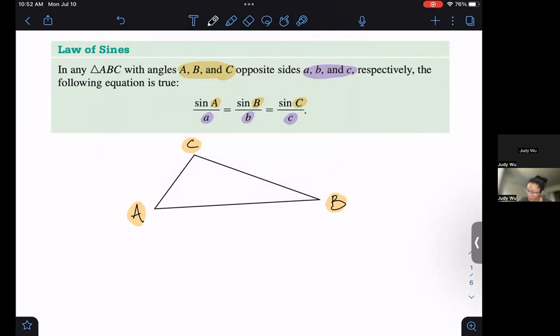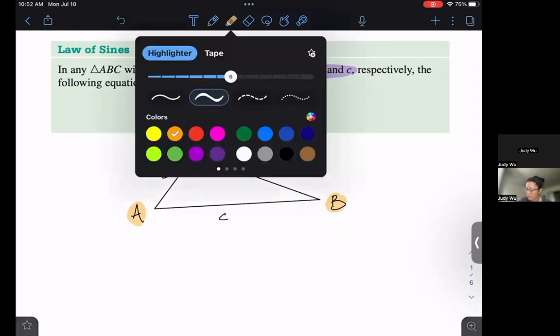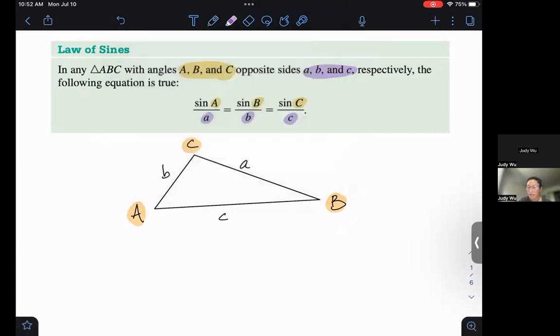So little a is going to be directly across from angle A, so I'm going to put little a over here. Same thing, little b is going to be directly opposite capital B, and little c is going to be opposite of angle C. Now I know uppercase C and lowercase c look pretty similar, but let's make sure to make one bigger than the other. And so we've got a side,